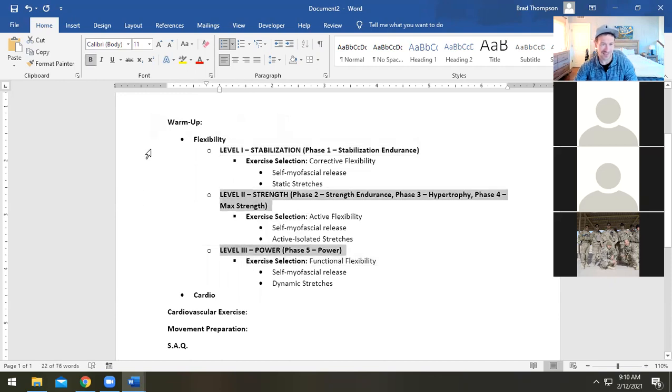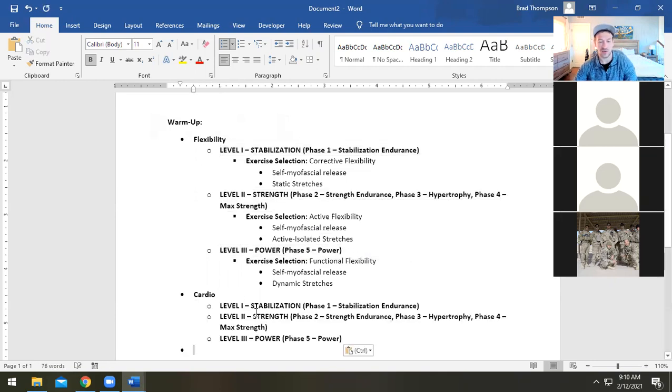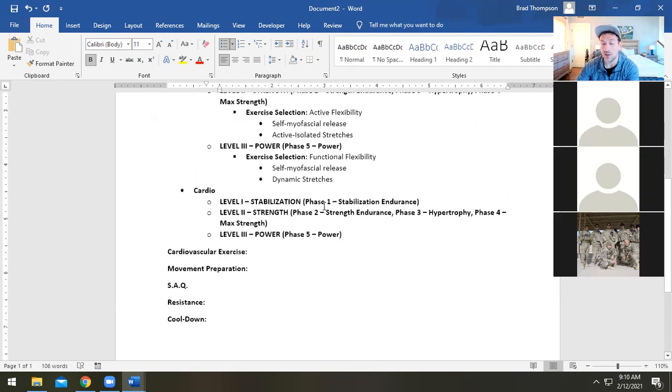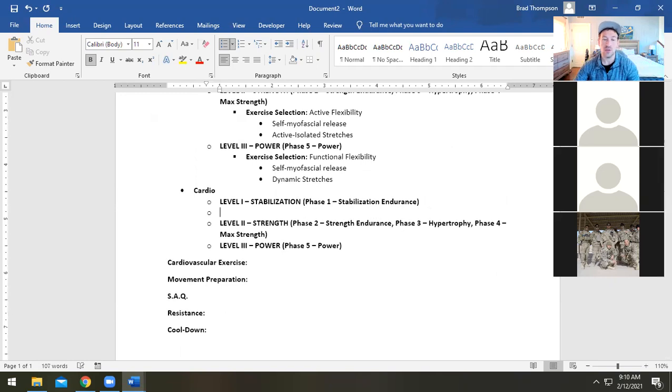Click the wrong spot. We're going to take these 3, copy them, and paste them down here in cardio land. And we're going to look at our rules here, right? So for level 1, clients in the stabilization level, what I'm going to do for exercise selection,